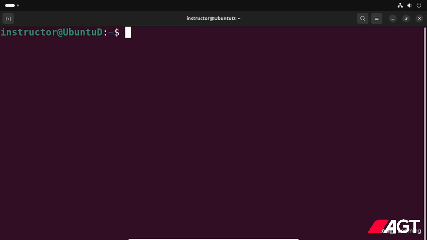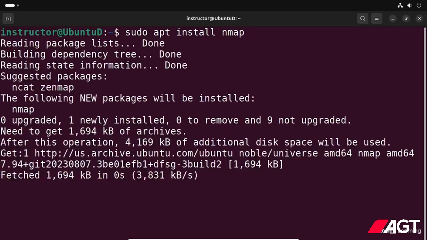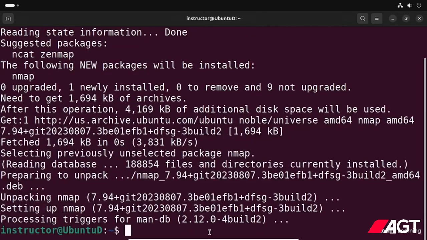To install Nmap on Linux, type sudo space apt space install space nmap. Press enter. Type nmap space dash sn space 10.0.2.0/24. This command scans hosts in a network whose subnet ID is